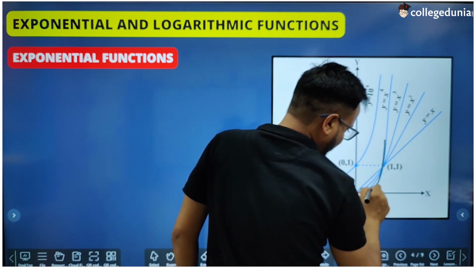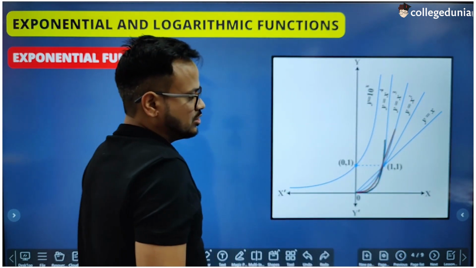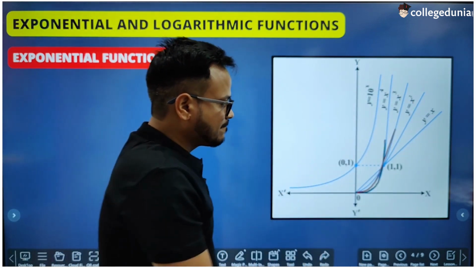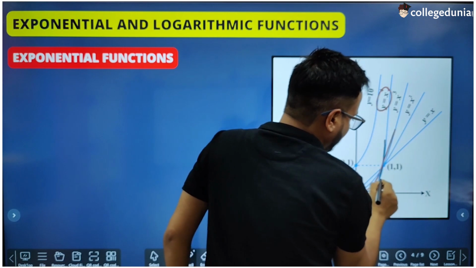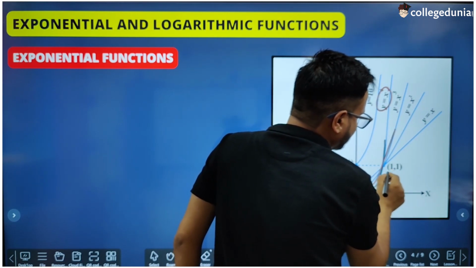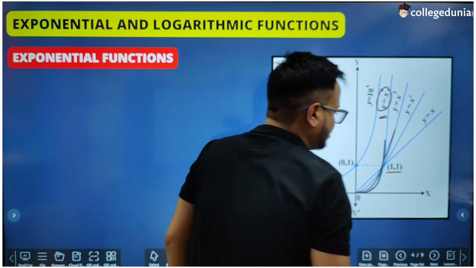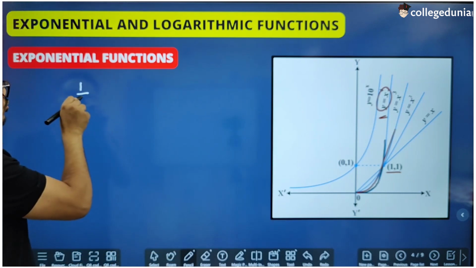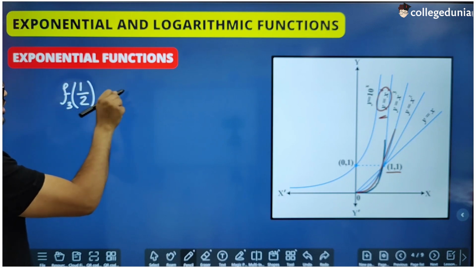This is the graph of x to the power 3. So for the values of x less than 1, the x to the power 4 graph was below the graph of x to the power 3, but for the values of x greater than 1, x to the power 4 is above x to the power 3, because if the value of x is less than 1, like 1 by 2, so at x equal to 1 by 2